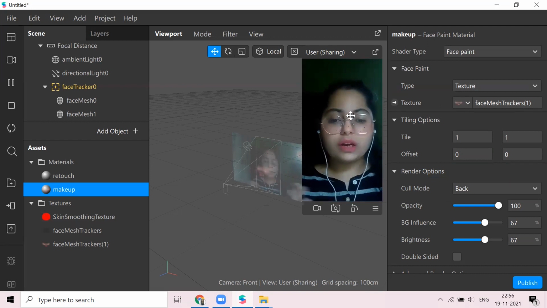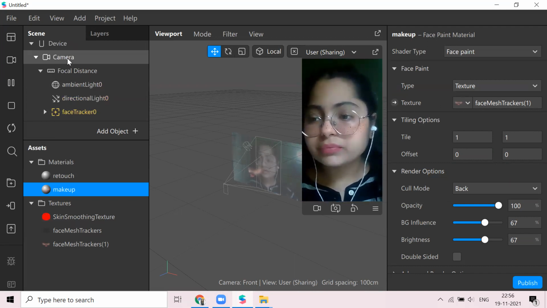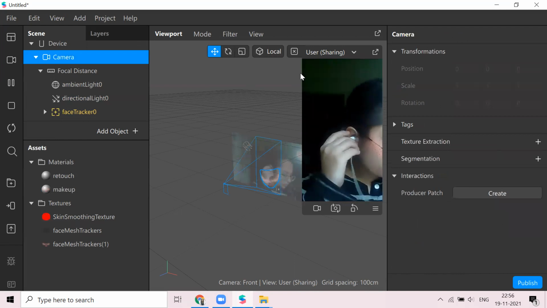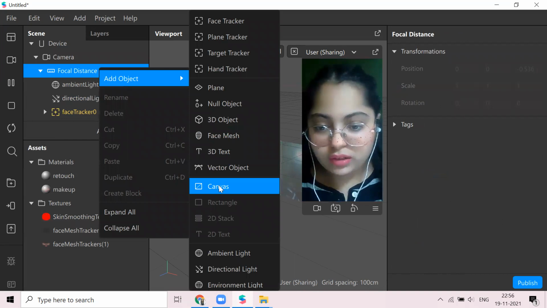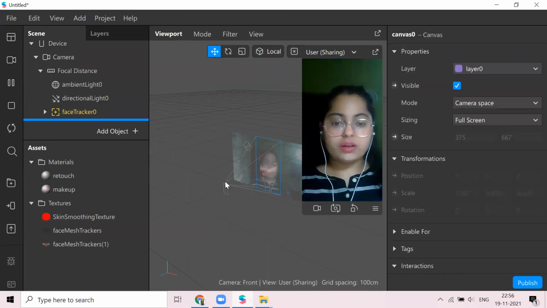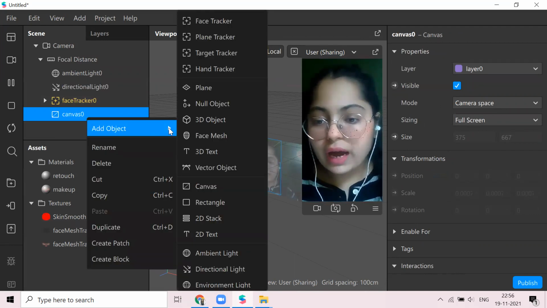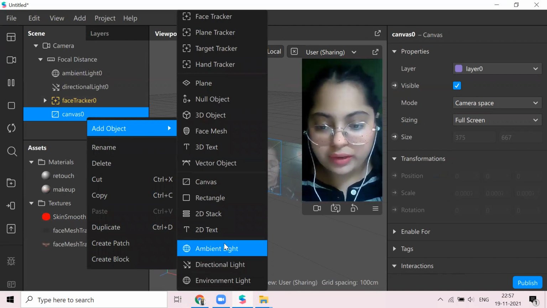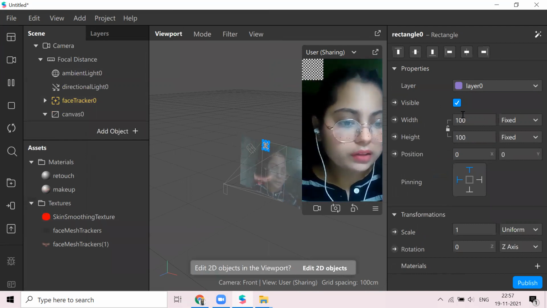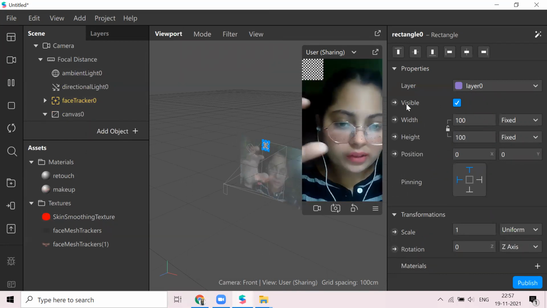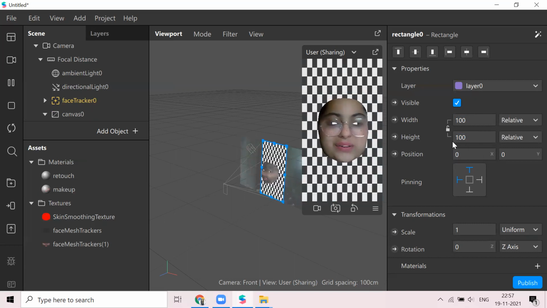Now we're going to work with the yellow tint part. Okay. So for that, you need to add a canvas to the focal distance. ठीक है, एक canvas add करेंगे. Since we want it in the whole background, we need to add a canvas, and in that canvas we're gonna add a rectangular object. ठीक है. So I hope that's visible to you कि ये अभी कैसा दिख रहा है. Now अब हमें इतने से पार्ट में तो येलो नहीं चाहिए, so we're just gonna fill it to the width and height, and this is how it looks right now.